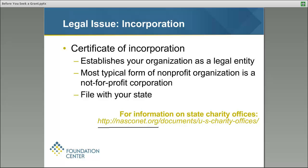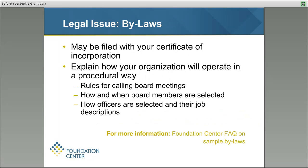So that is dealing with the state and incorporating, and often at the same time, you're putting together your bylaws, which is another legal document. And we say it may be filed with your certificate of incorporation. Not every state wants you to file this officially, but many of them do. So often you're doing all this at the same time. And bylaws explain how your organization will operate in a procedural way. So things like the rules governing when you call board meetings, how you call a board meeting, what's a quorum,